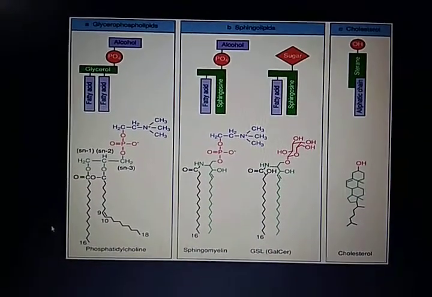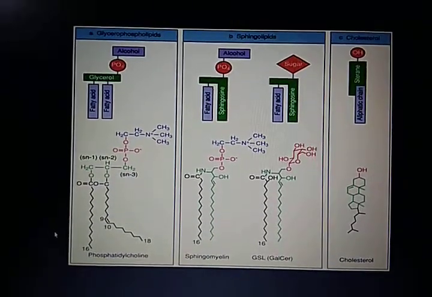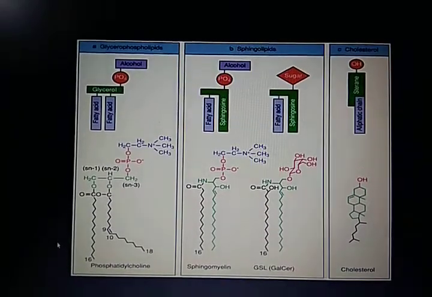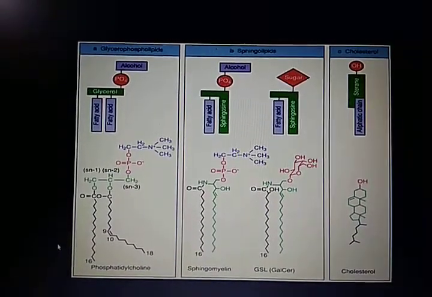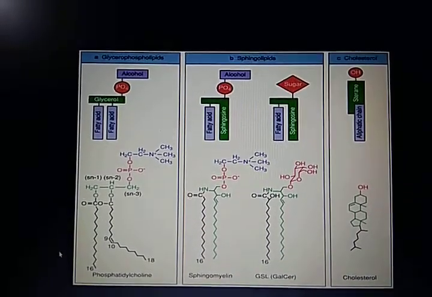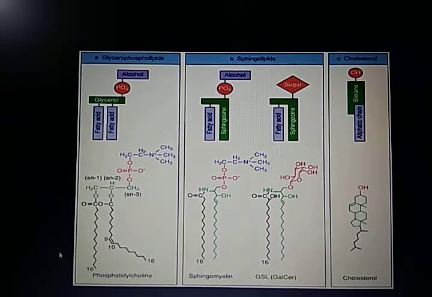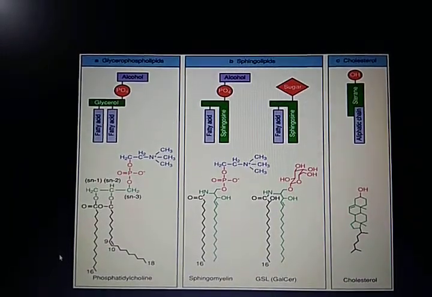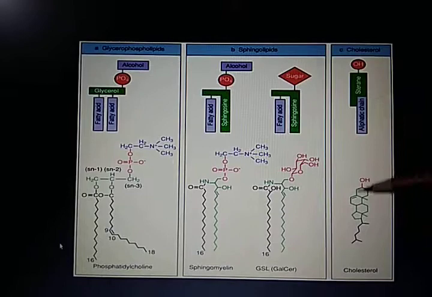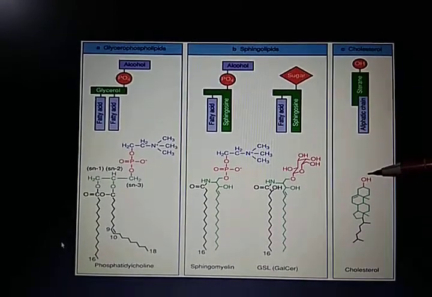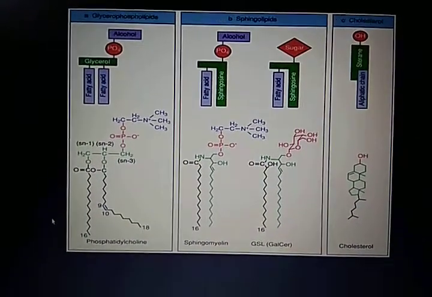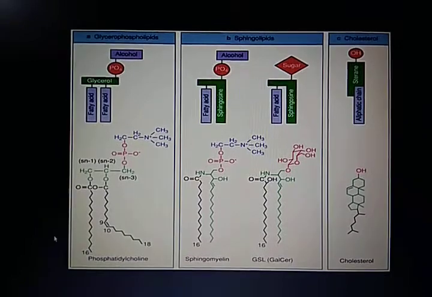Now let us talk about cholesterol. Another lipid component of certain membranes is the steroid cholesterol. Eukaryotic plasma membrane contains especially large amounts of cholesterol, up to 1 molecule for every phospholipid molecule. See, it contains a rigid ring structure to which is attached a single polar hydroxyl group and a shorter non-polar hydrocarbon chain. In the figure, you can see that on one side of the cholesterol rigid ring there is a hydroxyl group and the other side contains a hydrocarbon chain. So this is all about the types of lipids present in the plasma membrane.